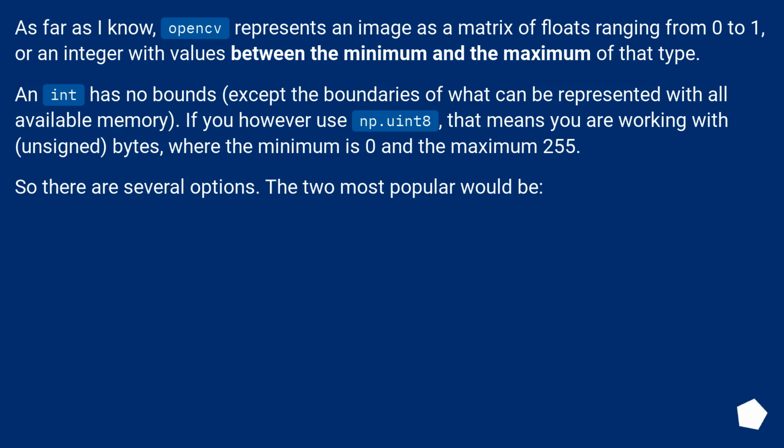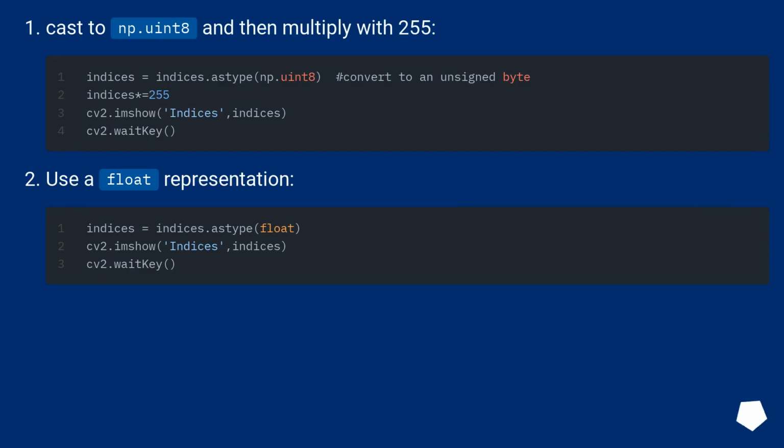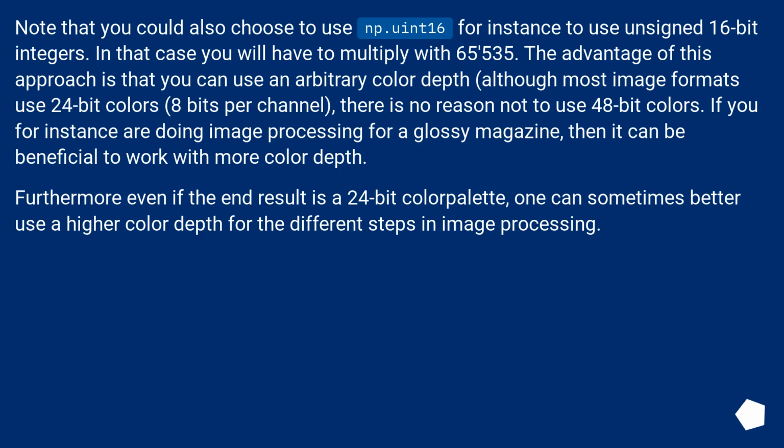So there are several options. The two most popular would be to cast to np.uint8 and then multiply with 255, or use a float representation. Note that you could also choose to use np.uint16 for instance, to use unsigned 16-bit integers. In that case you will have to multiply with